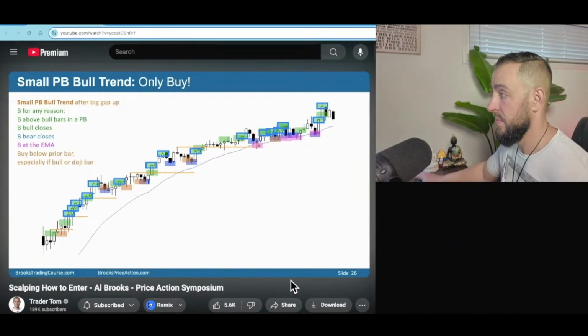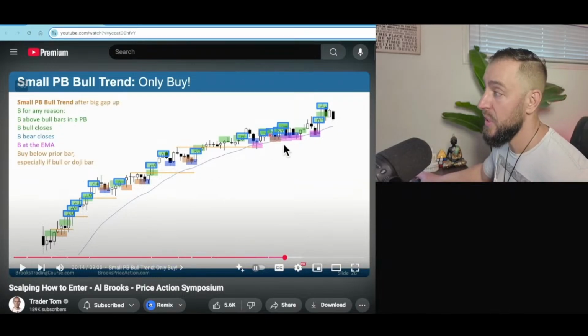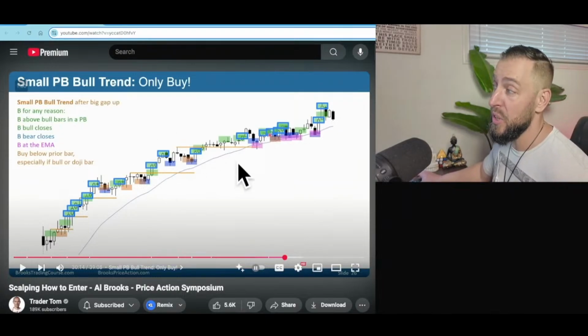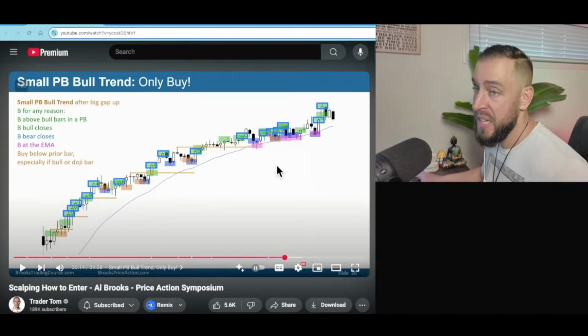You can buy when the market finally pulls back to the 20-bar exponential moving average, because the first time it pulls back, traders will buy it expecting a new high. And that's one of the best setups on a trend day when the chart looks like this. And notice the market's only going to look like this, say, a couple times a month, if you're trading the ES or the NASDAQ.